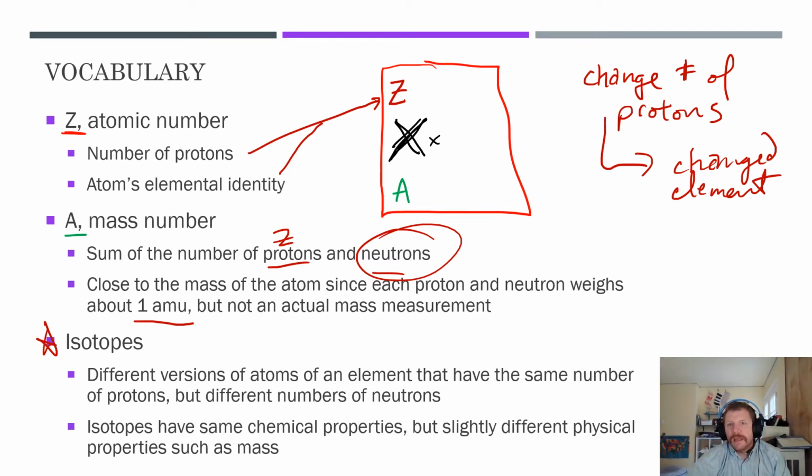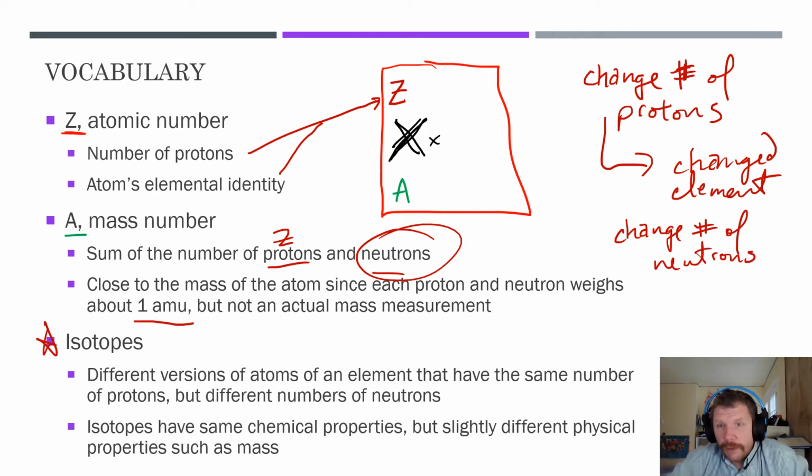Now, in the event that that is changed, which I know contradicts what I just said, in the event that that varies, now you're not talking about the same element that you previously were. Okay? You can change the number of neutrons, in which case you're no longer talking about the same isotope. So think about that as lithium. If I use lithium, it can be